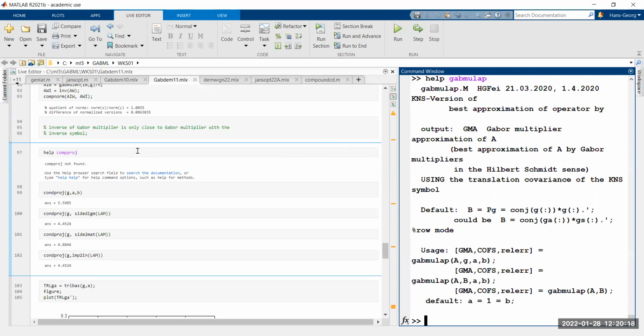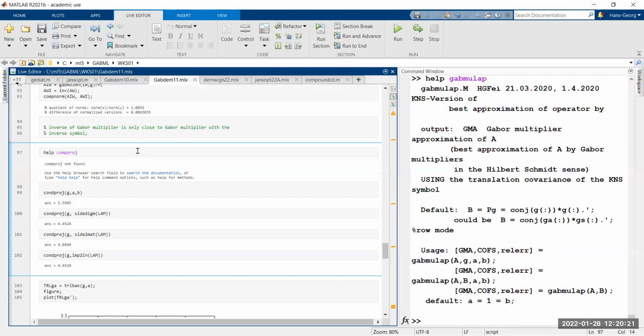So in order to give you a background on this, I will tell you a little bit about the so-called compound condition number, which is related to the projection operators. So